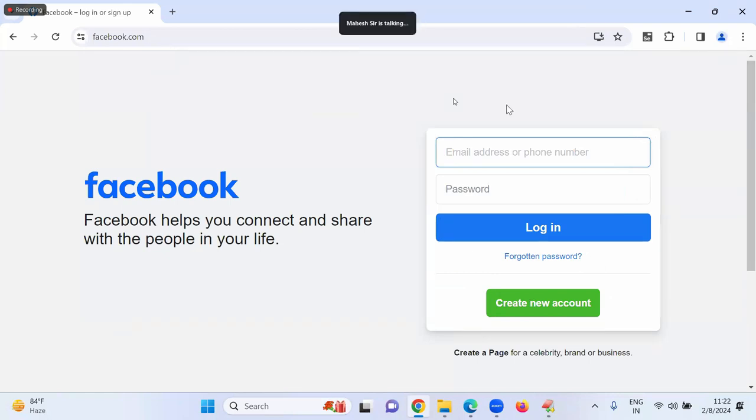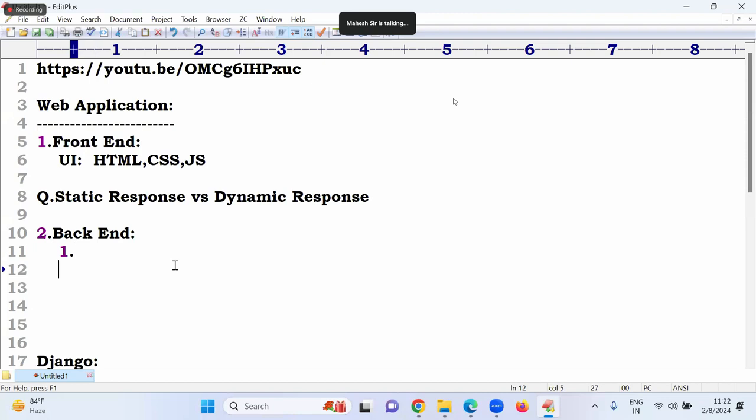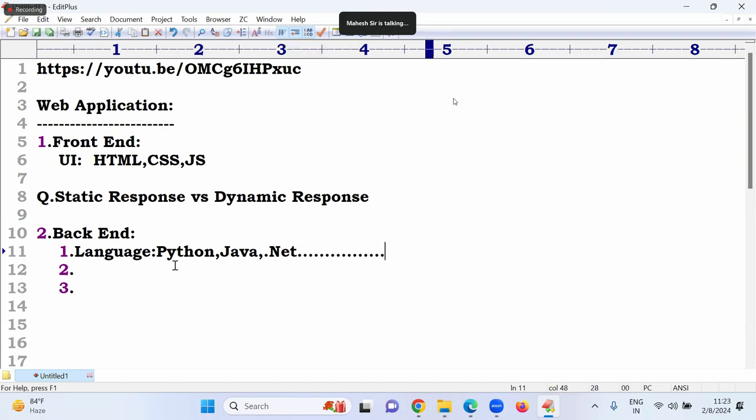So to develop that, three things are required. What are those, sir? First one, language. That language may be Python, maybe Java, maybe .NET, or any language we can use. But we already completed our Python course, so we know one language already. That language is Python. Second one,